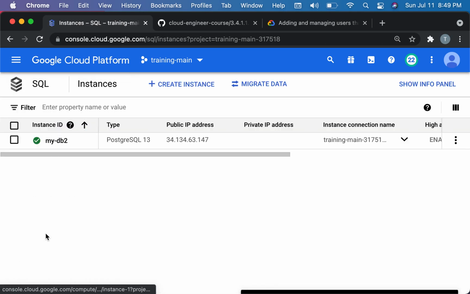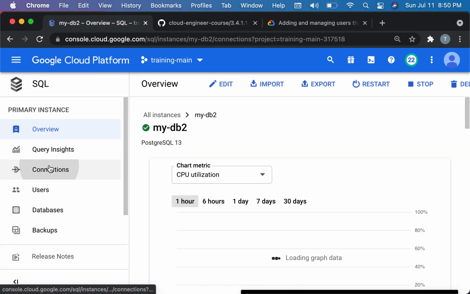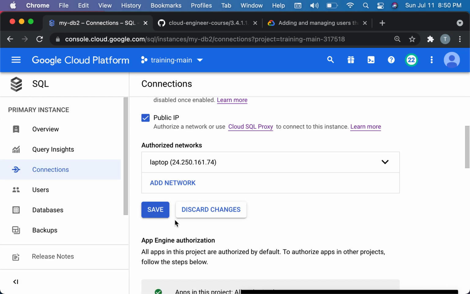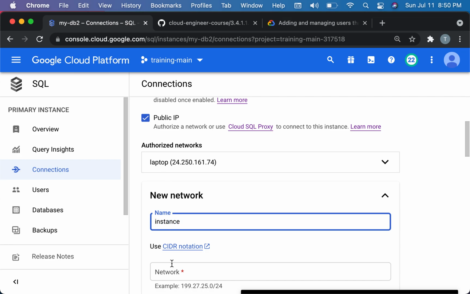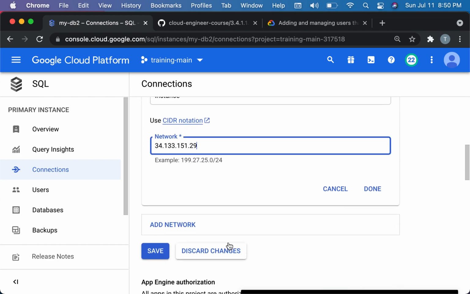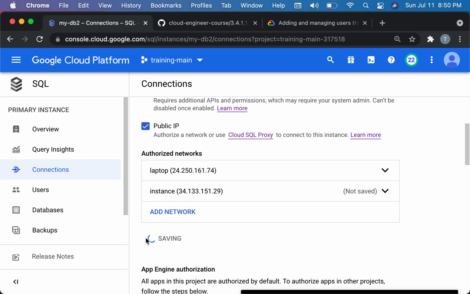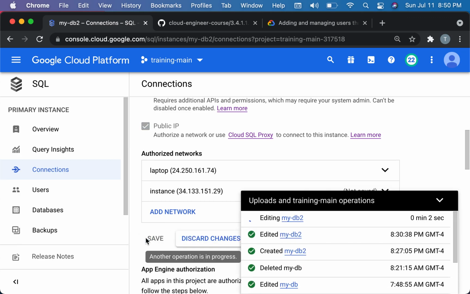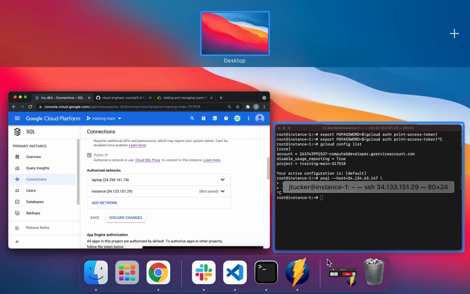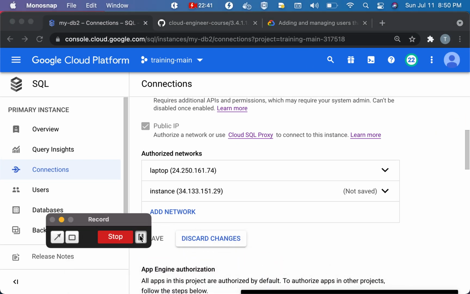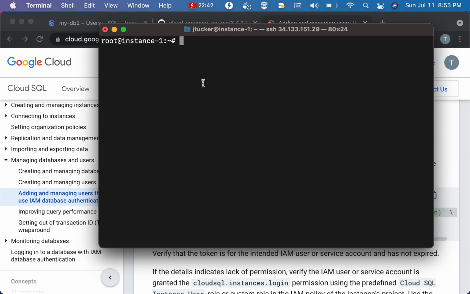And I have to go to the database, connections, then authorize, add a network, call this instance, and in this case, done, save. Pause the video while that loads. Okay, I'm back. And turns out that once I added that, I was able to run the command, but